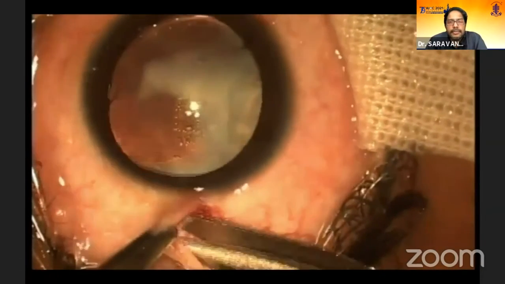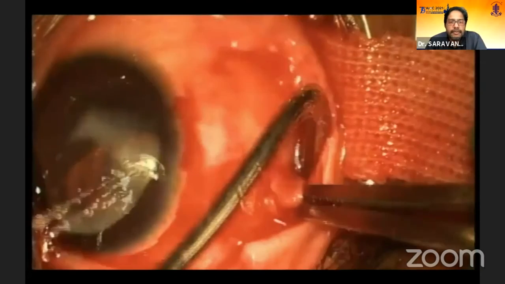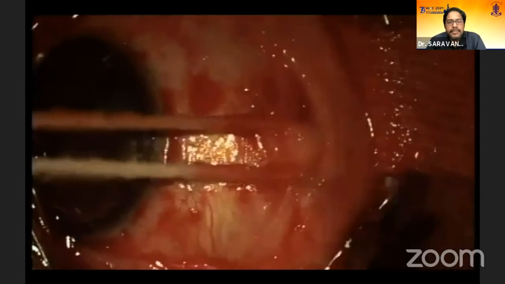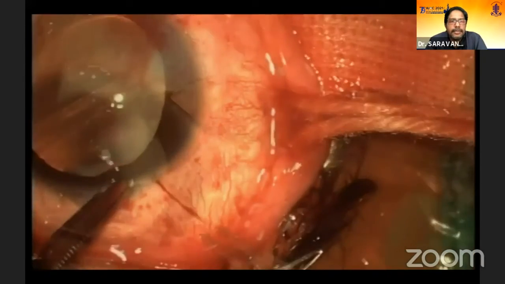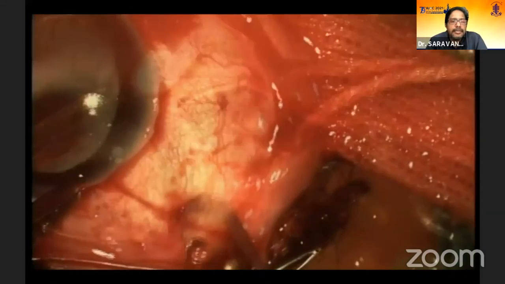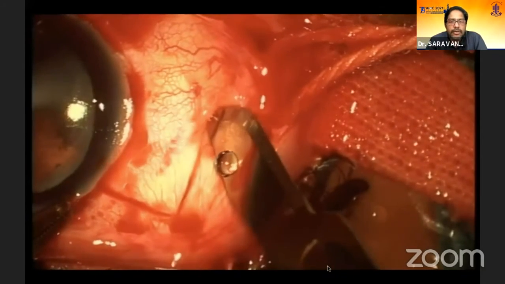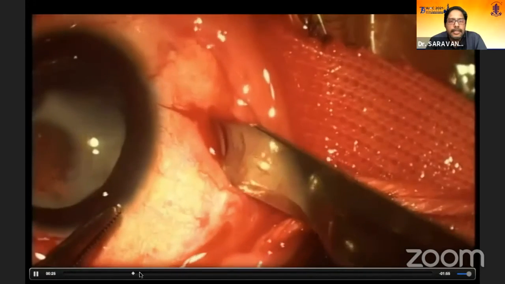This is a 7-8-year-old little girl with a small lesion which was picked up during a night photograph. I planned to do an incisional biopsy, but she dropped off and presented to us approximately 1.5 years from the initial diagnosis. The tumor had grown, with a lot of fibrotic elements growing onto the posterior capsule, and vision had considerably dropped. So instead of an incision, I thought I'd try to remove as much as possible.